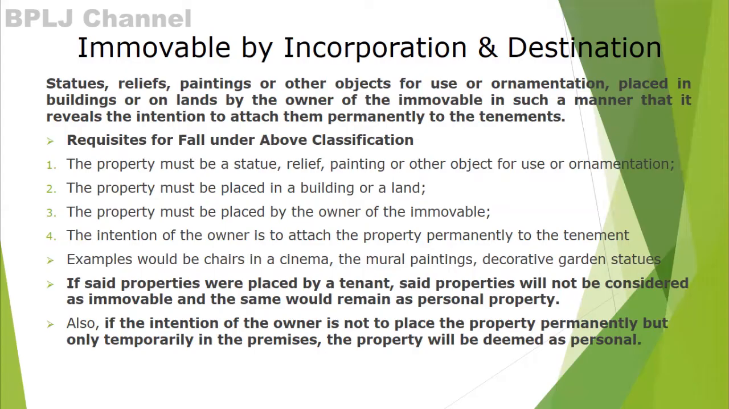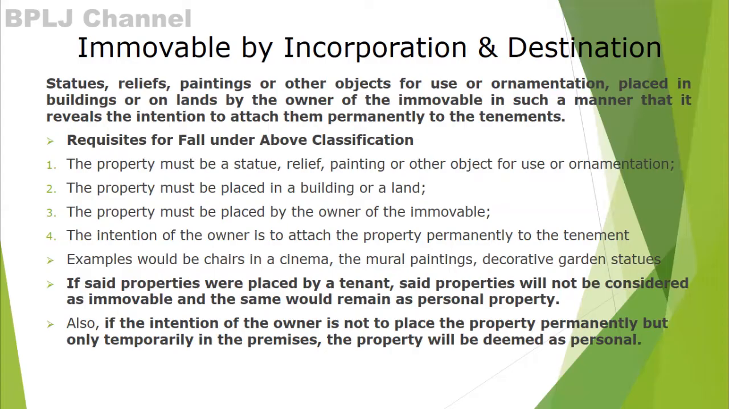Okay, so we have several requirements for the immovable to be placed under this classification. Okay, first, the property must be a statue, relief, painting, or other object for use or ornamentation. Okay, the property must be placed in the building or the land. Okay, the property must be placed by the owner of the immovable. The intention of the owner is to attach the property permanently to the tenement. Examples would be the chairs in a cinema which are bolted, okay, bolted on the floor,